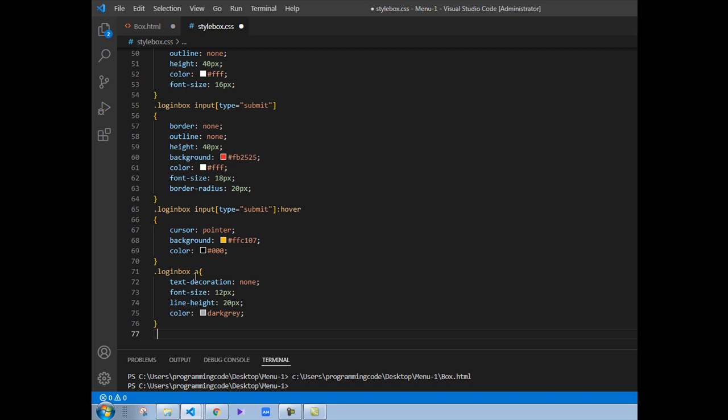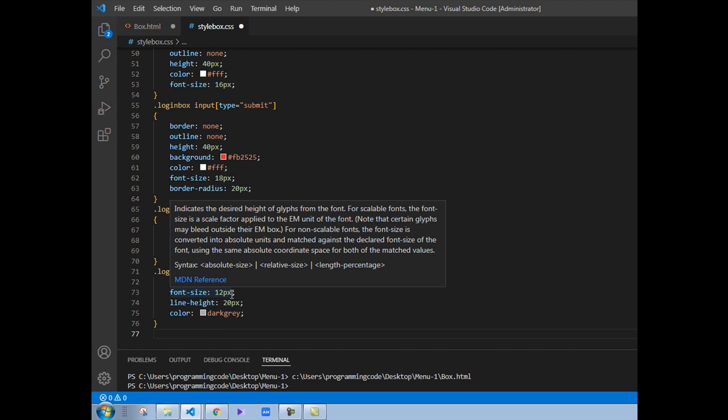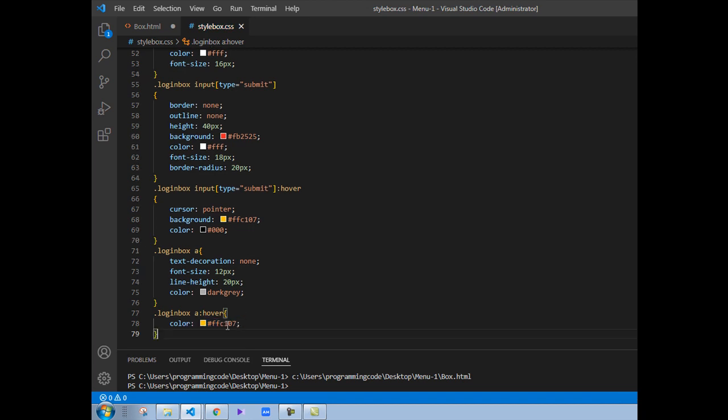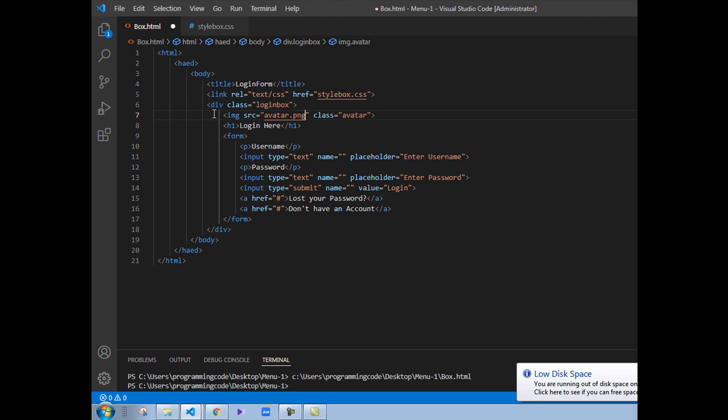You can select text decoration none, font size 12 pixel, and line height is 20 pixel, and color is dark gray. The login box link hover, color is yellow. So for this, before running, we should save these codes